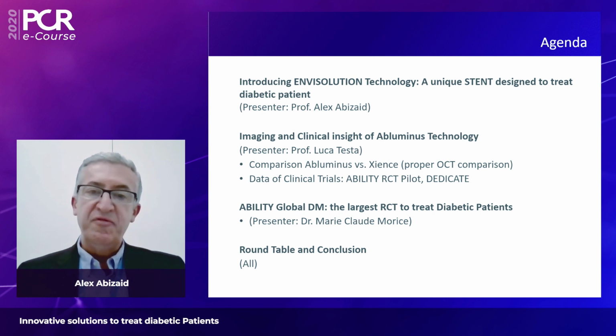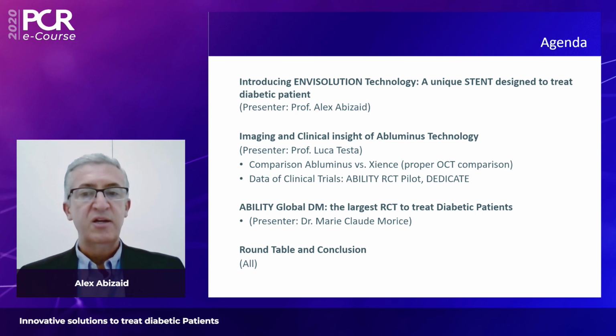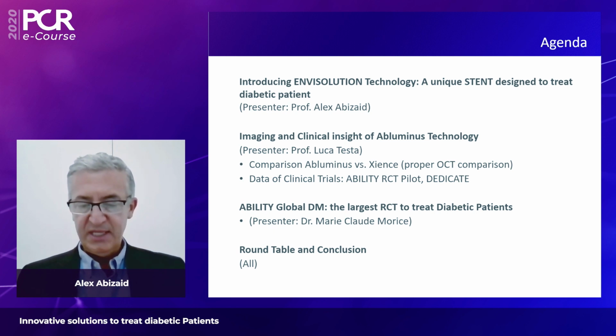A quick slide to show you the flow and the program. First, I'm going to introduce the theme as a new technical solution to treat diabetic patients with a very exciting new stent. And then I give the word to Luca Testa, who's going to discuss with you imaging and clinical insights of Abizaid technology. That's the technology that we're going to be talking about. And finally, Marie-Claude Morice will discuss with us the Ability Global Diabetes Study, which is certainly the largest randomized trial to treat diabetic patients. With that, I would like to start my presentation